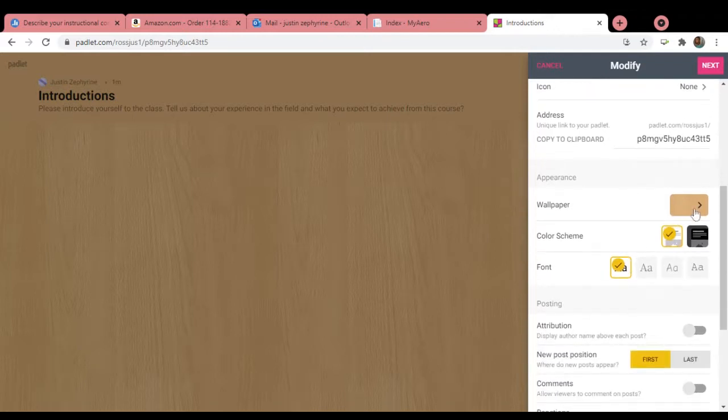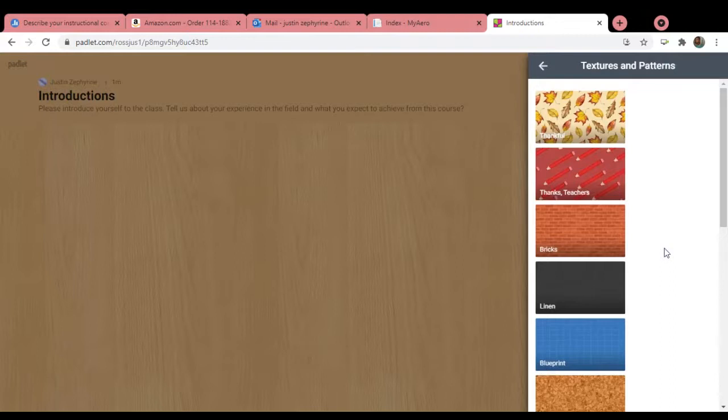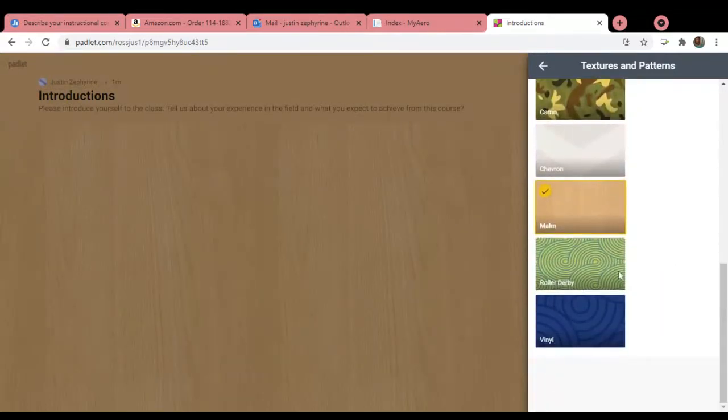Once done, you can scroll down a little bit and you'll see wallpaper. And this is where you can change, for example, the flower, whatever it is that you might have now, to something that is more suitable to not just your personality, but to your course content. Because remember, it's a course you're teaching. Generally I tend to lean more towards certain basic patterns that are very neutral. So let's say if I were to select one of these,